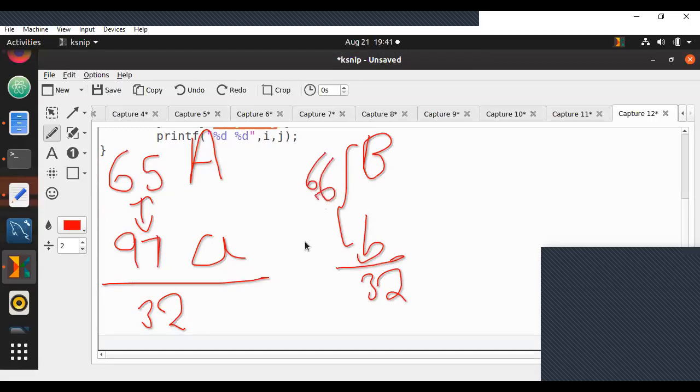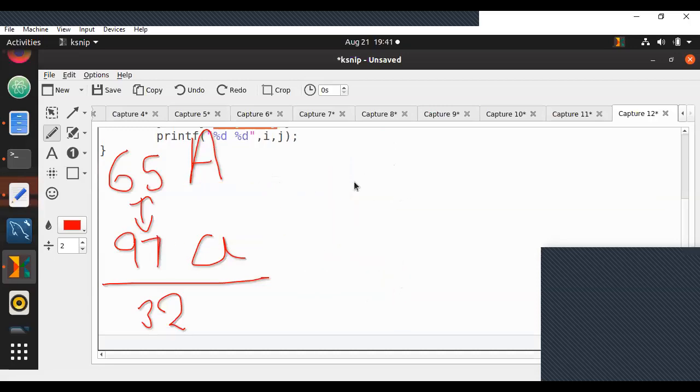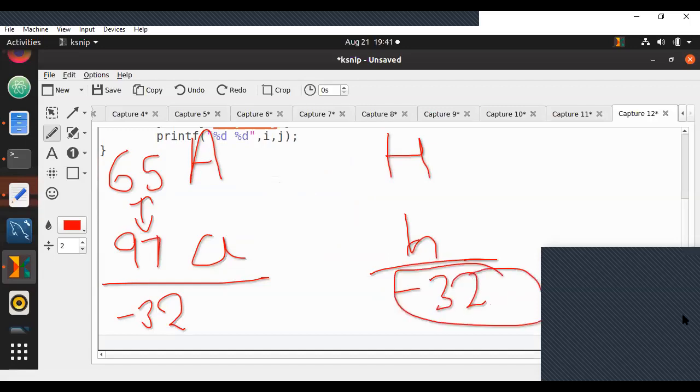Because this will be 66, this will be 98. You are increasing this by 1, you are also increasing this by 1. So the difference between uppercase B and lowercase b will also be, let's say, minus 32, right? Similarly, can I say uppercase h and lowercase h, the difference is also minus 32?